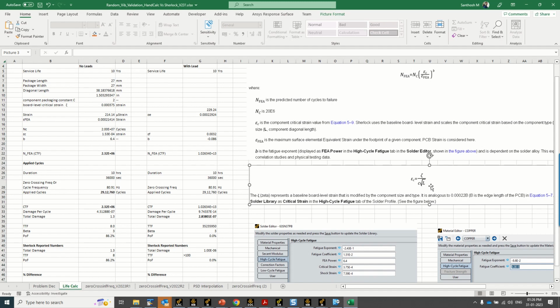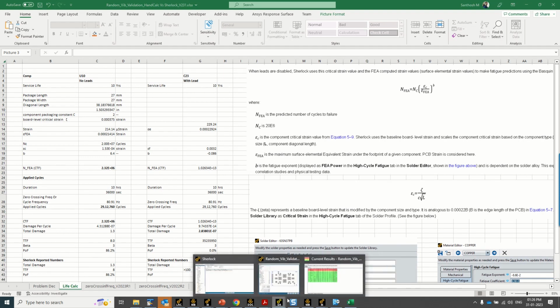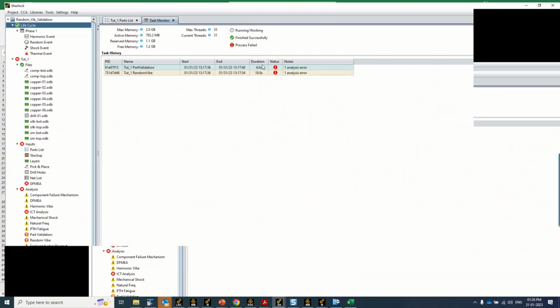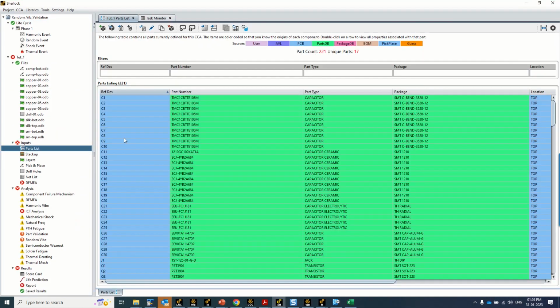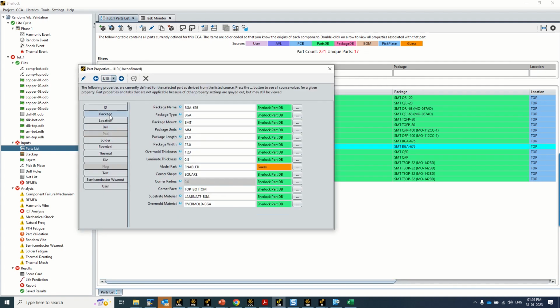This L must be in inch unit. The L is calculated as a diagonal length. For example, let me show you how this is calculated for U10. Go to part list and go to U10, and this is a BGA part, and this package has a package length of 27 mm in the width and length